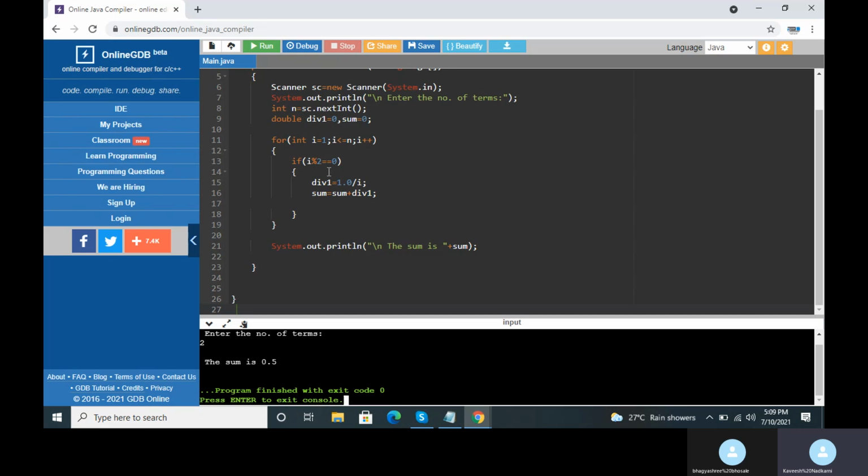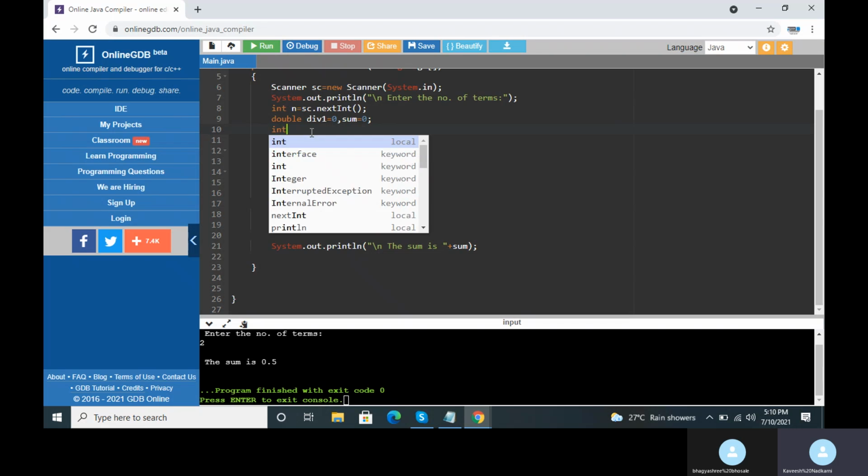Okay, I got it. Actually what should happen, Riya, that series which they have given, that should run n times. For example, if I enter 2 terms na, then it should be 1/2 plus 1/4. So I should do like this. I will begin from... actually this is okay, the loop is okay.